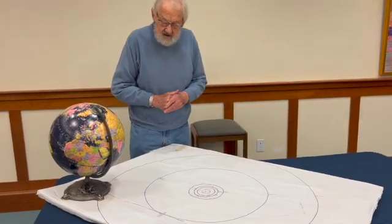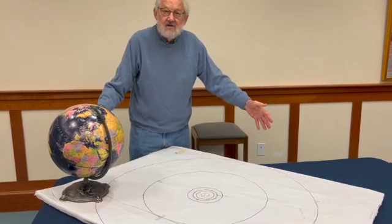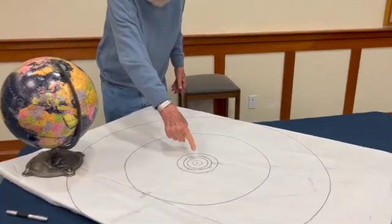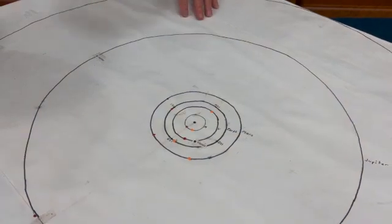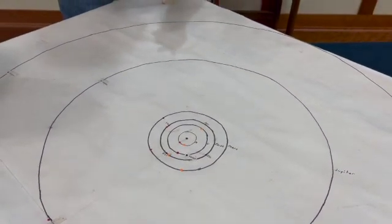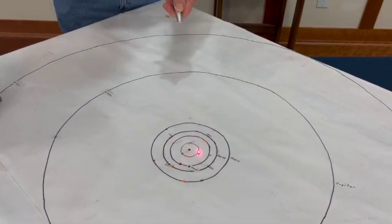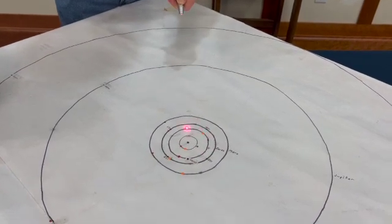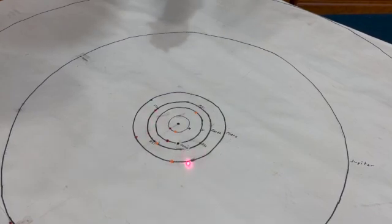I've drawn this solar system out here. I have the sun right in the middle here. Oh, I can show you with this. There's the sun, and right there is Mercury and Venus, and there's the Earth, Mars,